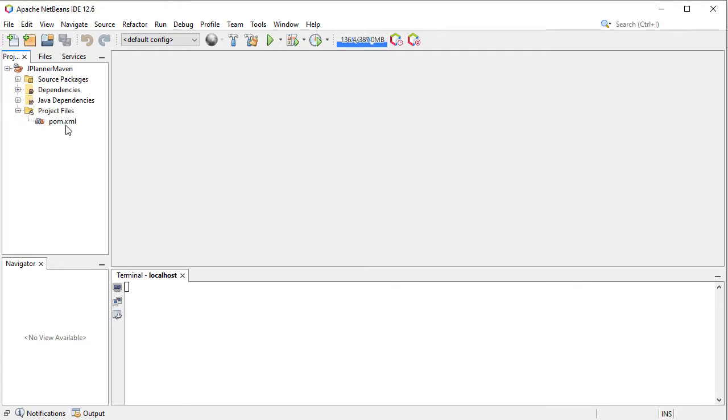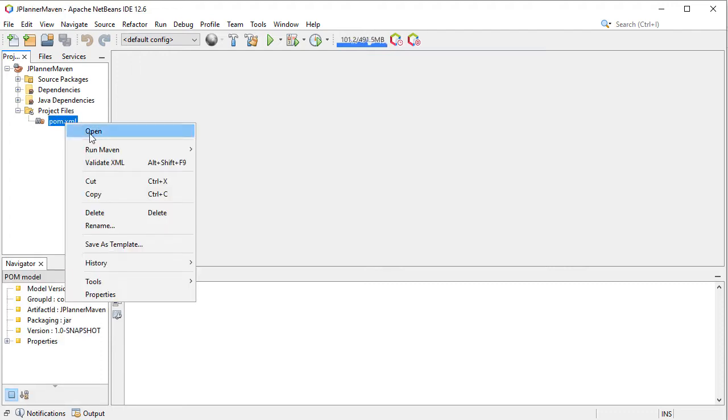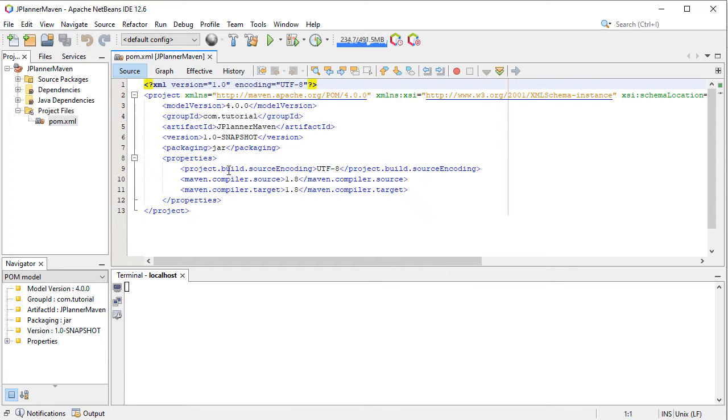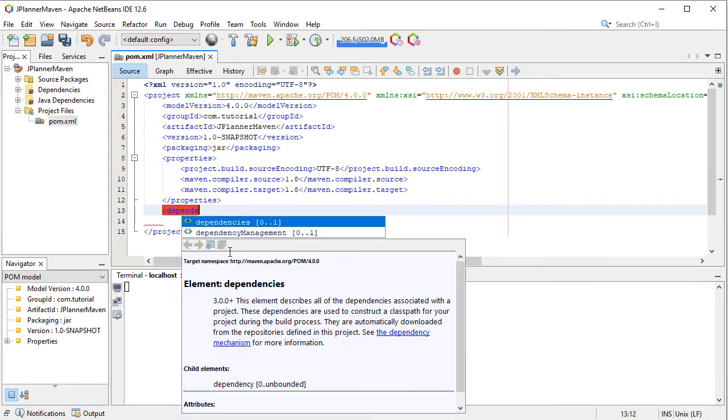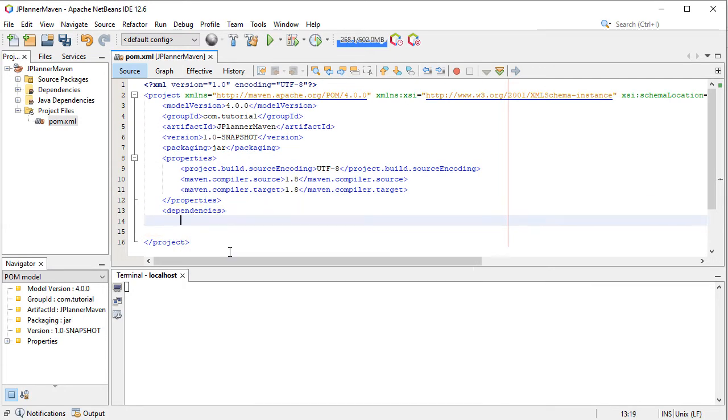We open the POM file, which we will edit to add a dependency for jplanner. We add the dependencies node, and inside we add a new dependency.